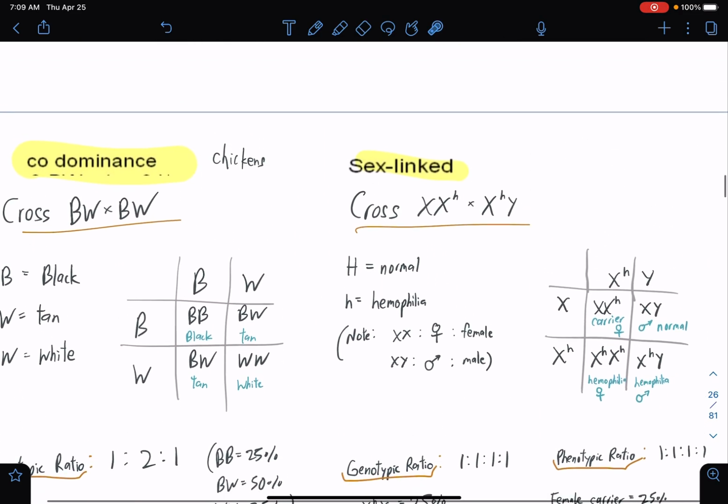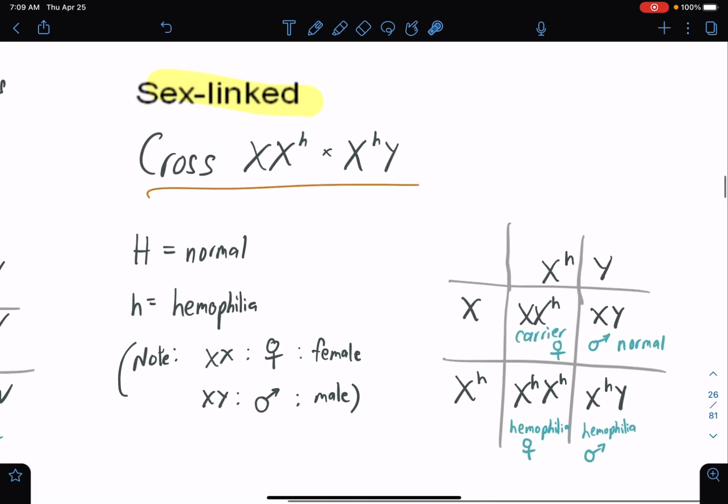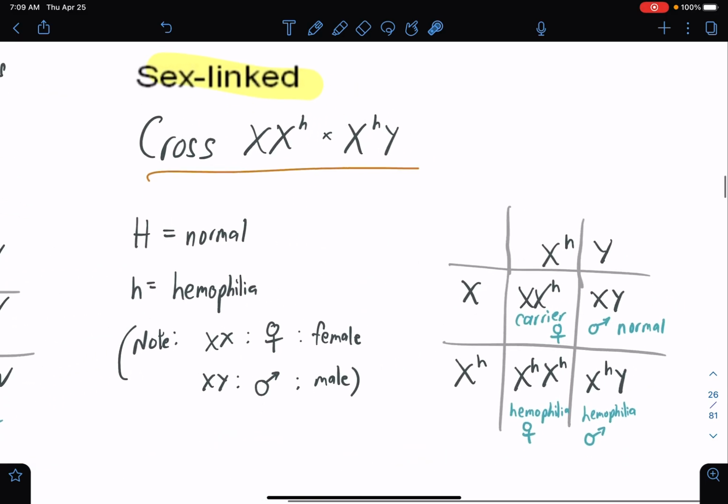Okay, how about the sex linked? So if we cross, I think this is regarding males and females this time. There you go. So this is for female. I'm not sure what this is formally called, but female is associated with 2 variables called XX, and for males we have XY. So if we cross XX,